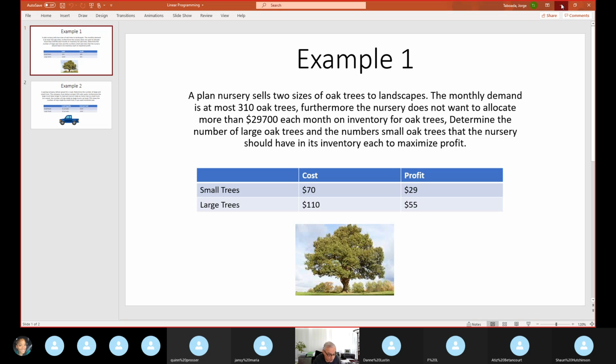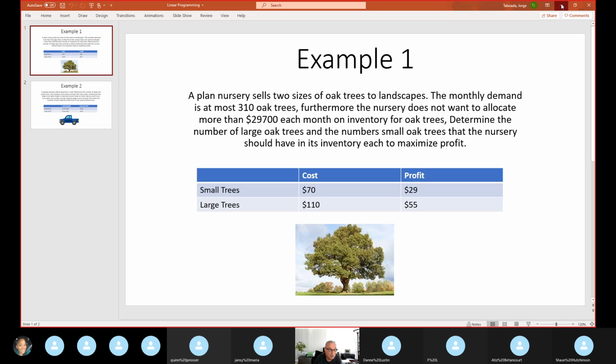Okay, so now let's try. What is the objective function in our problem? Well, the objective function in our problem is the profit. I want to call it C. Normally in a linear programming problem the objective function is called C. This is profit, equal to 55